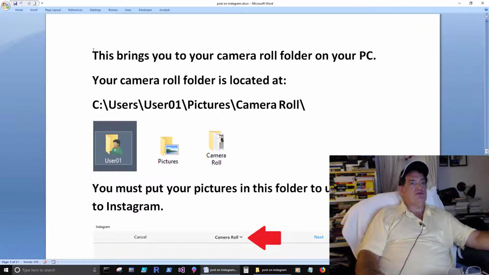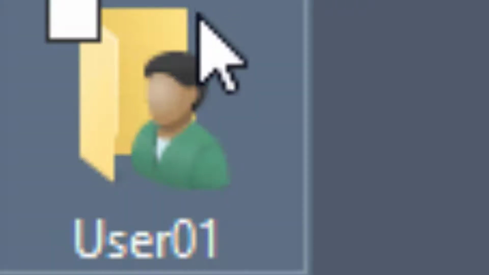So your camera roll folder is on your computer. It's like in your C drive, your C colon. It's located at C colon, users, user one, pictures, camera roll. Okay, so what's that mean, right? If you go to your desktop and click on user,